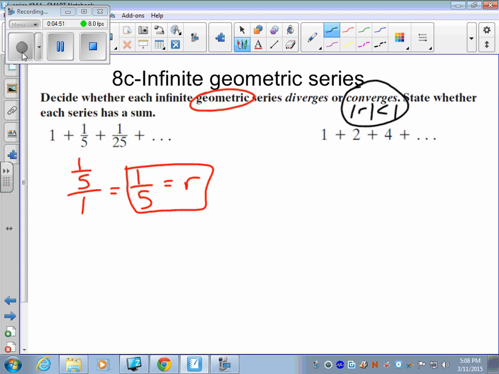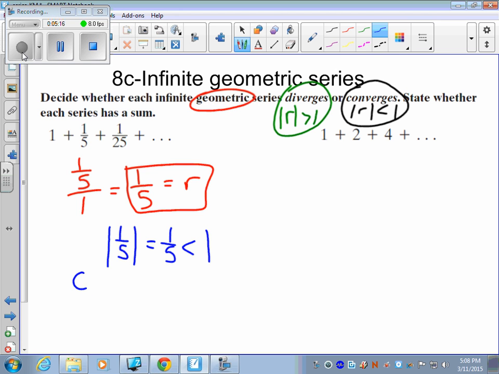If the common ratio R, the absolute value of it is greater than 1, it diverges. So in this case, the absolute value of 1/5 is 1/5, and it certainly is less than 1. So therefore, it converges. It converges if we add up 1 plus 1/5 plus 1/25 plus the next one, I